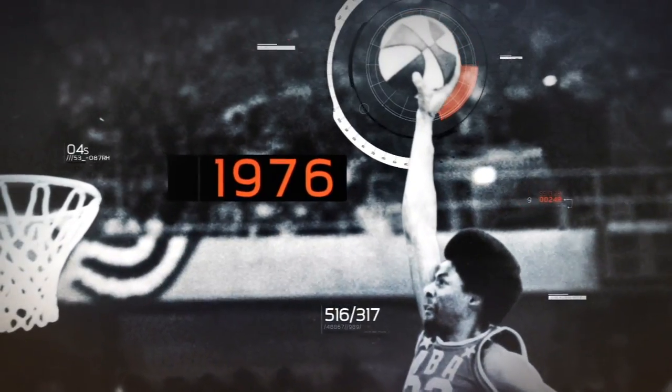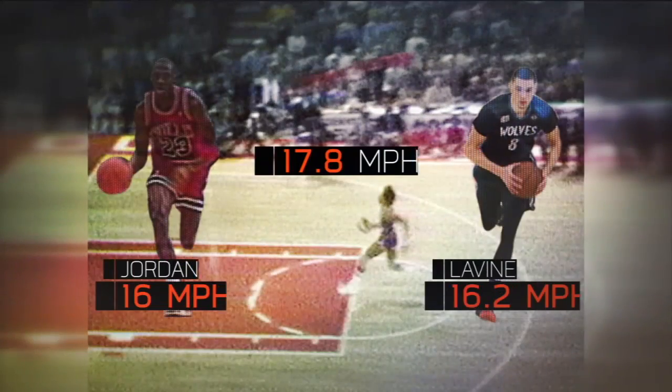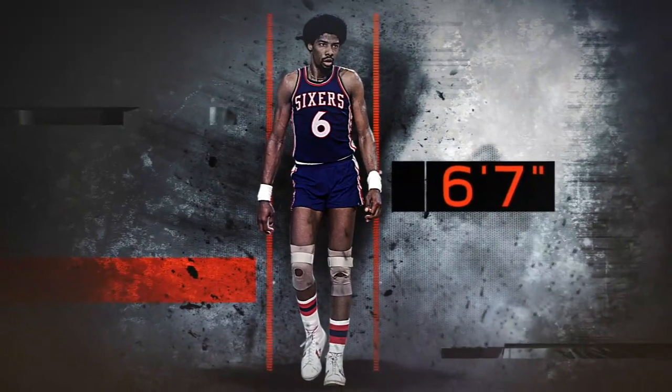On Dr. J's groundbreaking 1976 dunk, he's moving at nearly 18 miles per hour just before takeoff. Faster than both MJ and LaVine during their respective dunks. This speed, coupled with his long 6'7" frame, means he's able to take a flatter trajectory toward the rim. All told, the technique produces a total flight time of just 0.83 seconds, about as long as a typical in-game